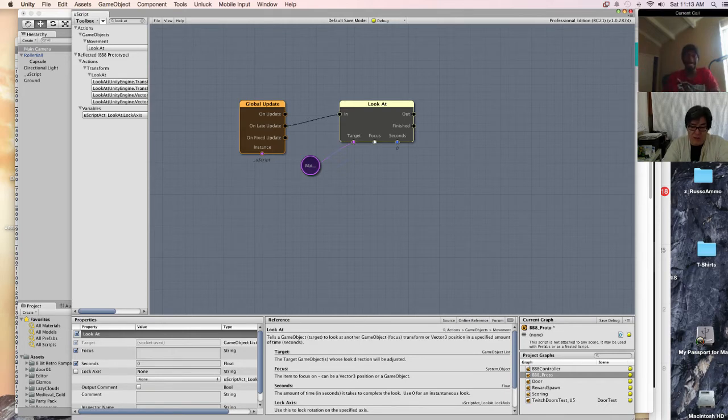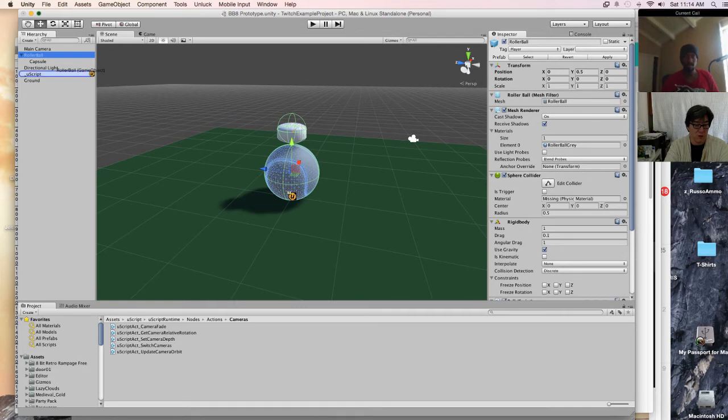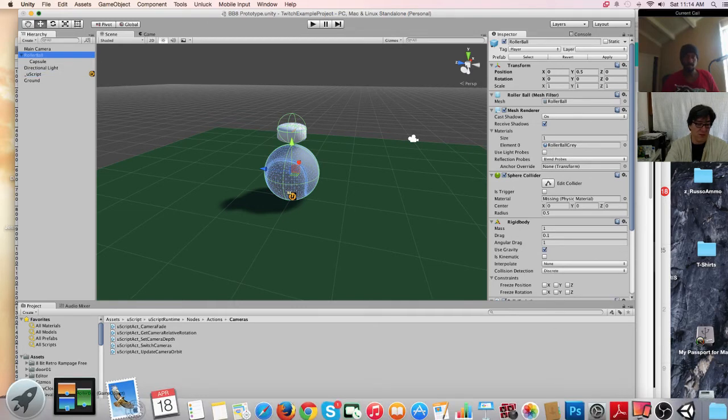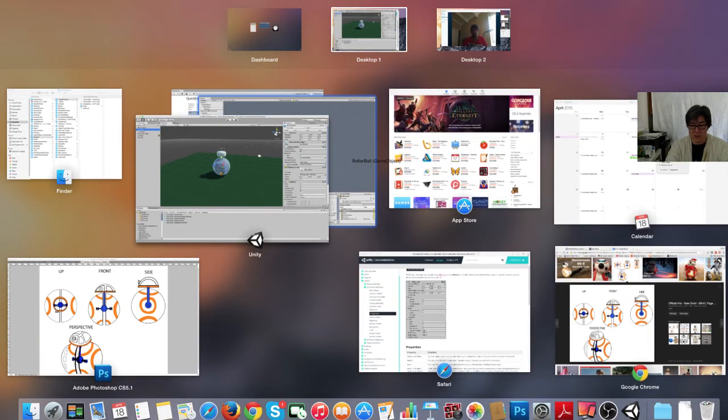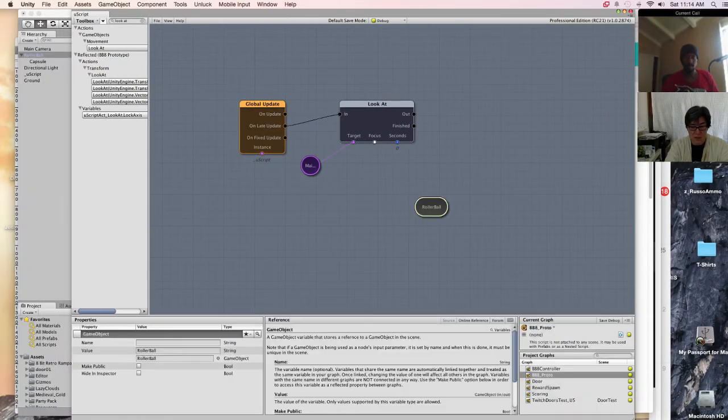The item to focus on, right? It can say vector 3 or game object. What I can do is define a point in space script-wise and move that point in script without you seeing it instead of an object. But for this, we're just going to take the roller ball and do my mission control action. If I had two screens, I would just drag it over to this window. Place the game object.